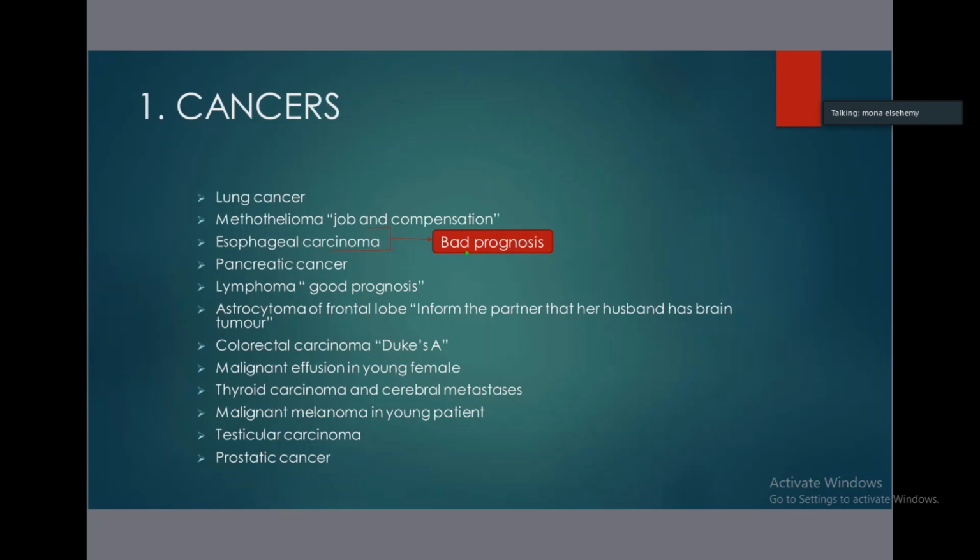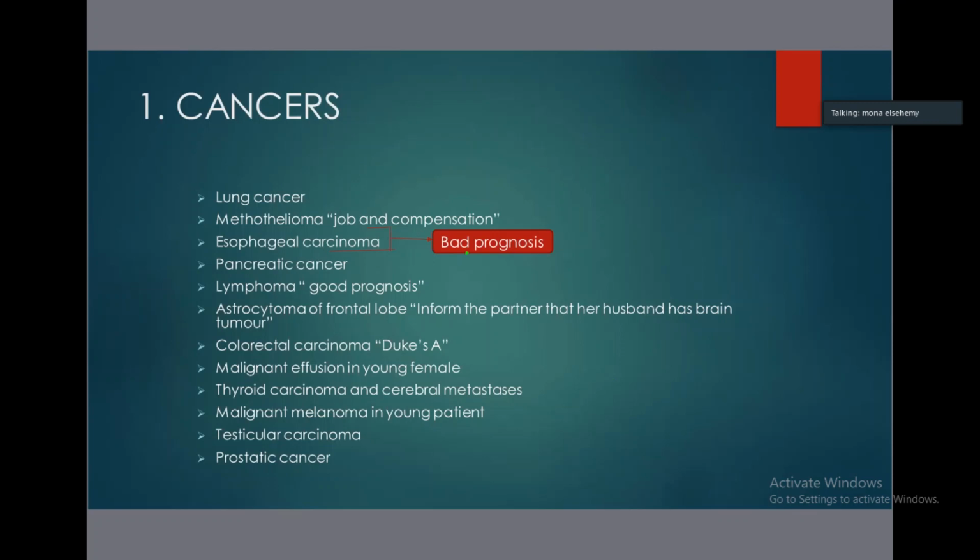It is very important to encourage a positive outlook, but be honest. Don't give false hope. So if you are talking about, for example, a terminal disease or non-treatable disease, you should look positively. Tell the patient, don't worry, we are all here to help you. We are going to keep you free of pain and suffering. It is very important, but don't give false hope.